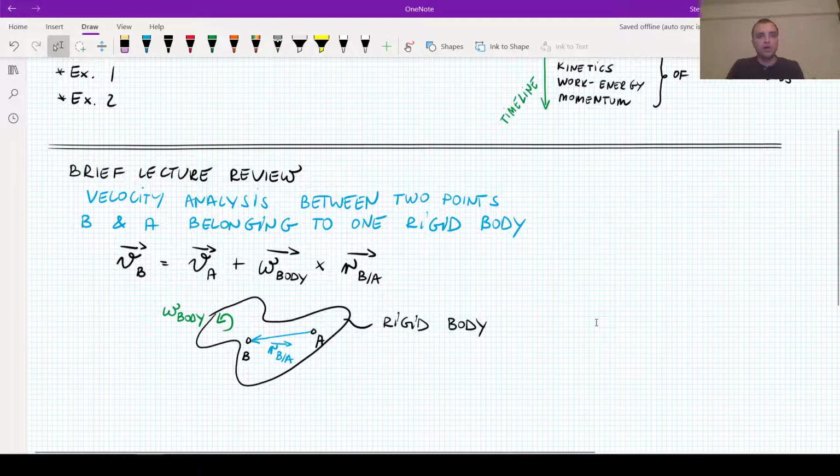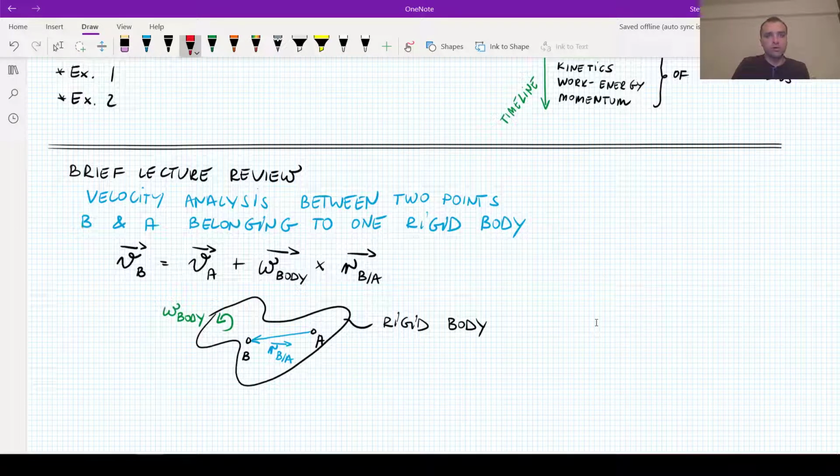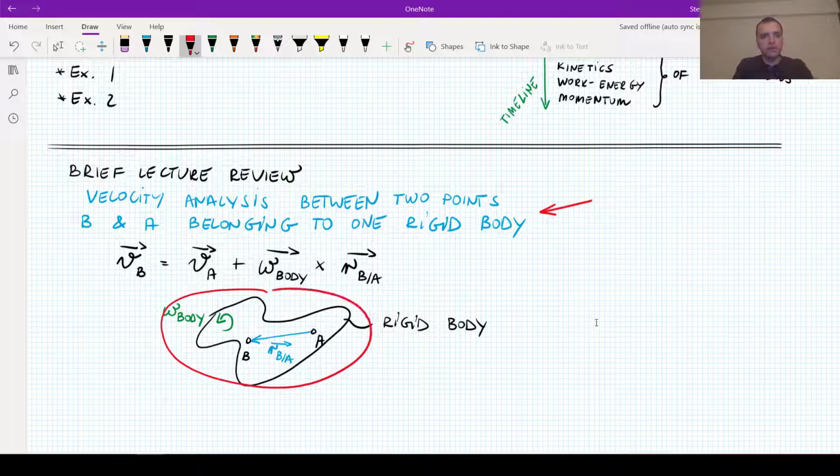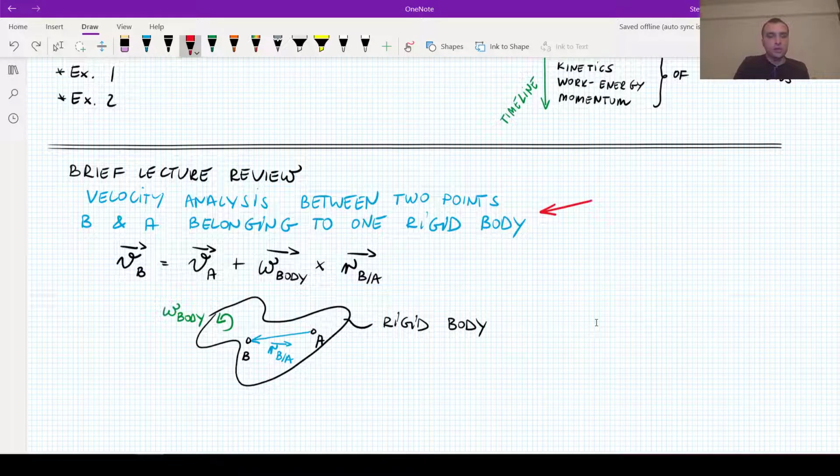When it comes to the brief lecture review, I prepared something before recording this video. I would like to focus on velocity analysis between 2 points, let's say A and B, that belong to one rigid body. Let's assume that we have a rigid body and that rigid body has angular velocity omega body. Let's specify 2 points that belong to this rigid body, point A and point B, and the vector RBA is